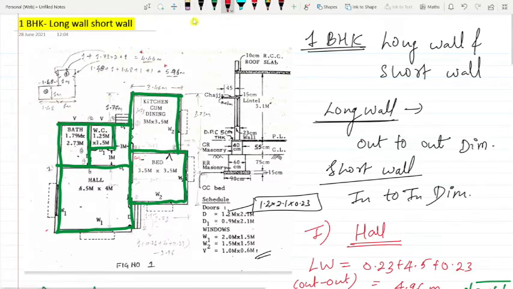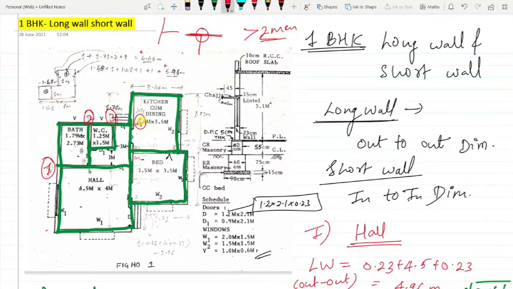Now I will calculate the joints. Just tell me one, correct? There is no joint here. A joint means more than two members connecting; it should become a T portion here. This will not become a joint, an L will not become a joint. But if it is moving like this, then it will become a joint. So one, now we have two, three, four. We have four here.